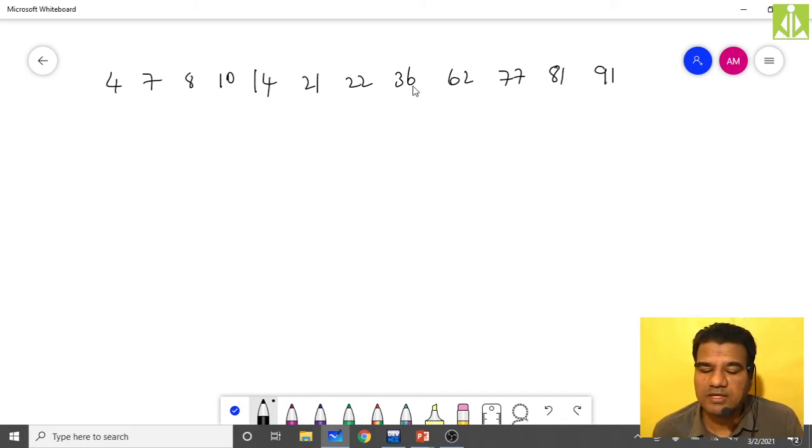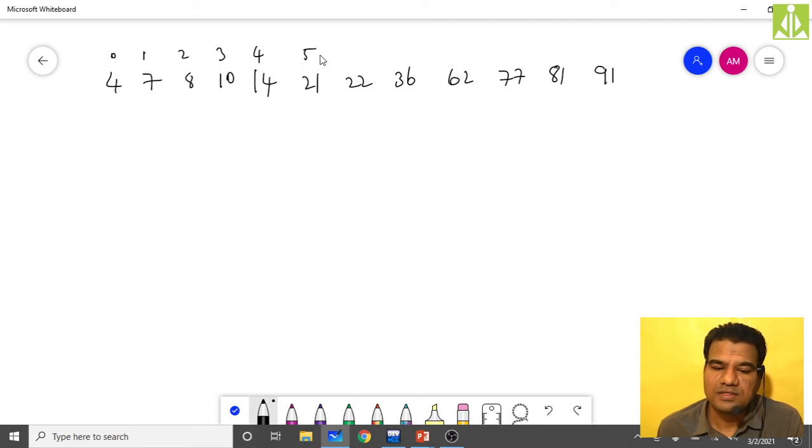So these many elements we have in the list, and as you can see all my elements are in ascending order from smallest element to the largest element. So this is my 0th index, 1, 2, 3, 4, 5, 6, 7, 8, 9, 10. This is 11th index value.